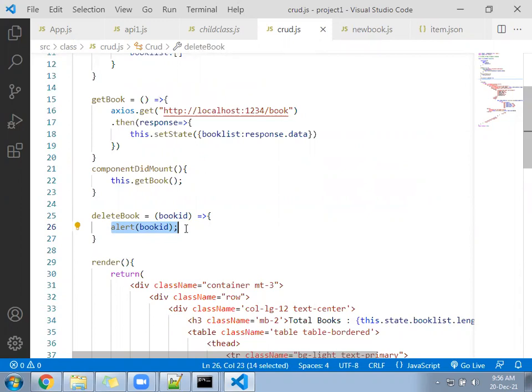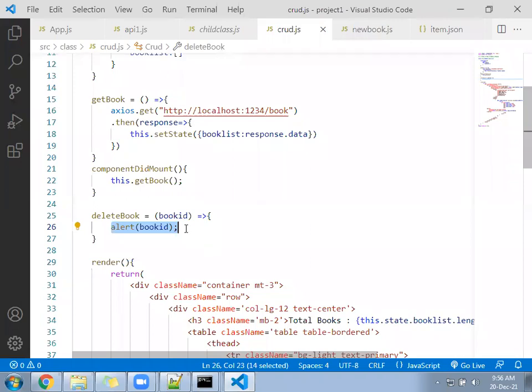Under the delete book function, we have to write one URL, and that URL we need to send to the backend using the delete method.